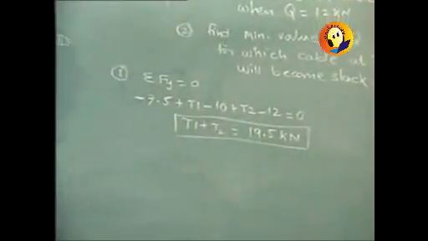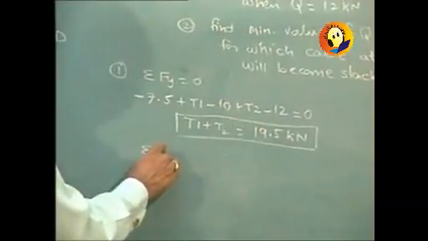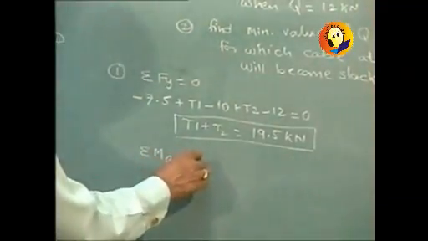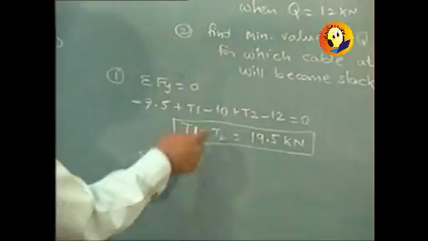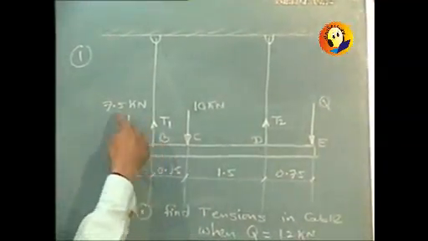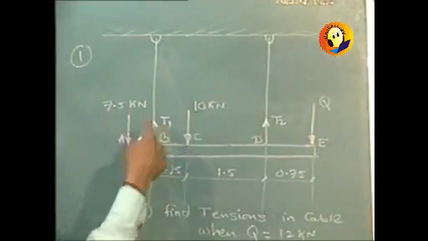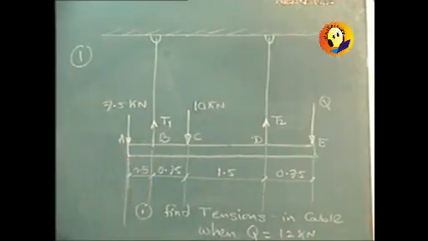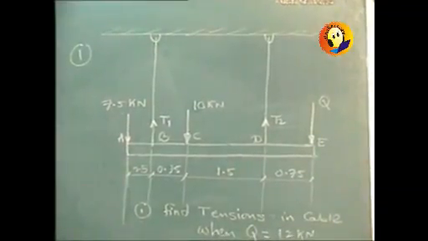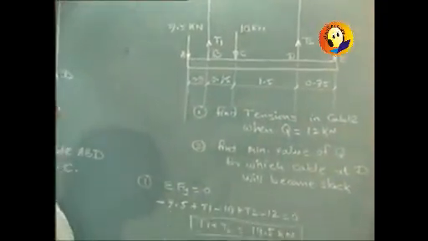The second equation will now be sigma moment at point B equal to 0. Observe the figure. Moment of 7.5 will be 7.5 into 0.5. It is going to be in this direction about B, so it is anti-clockwise, and we will have to take it as negative. Along with the sigma moment equation, show the direction which we are considering as positive. So it will be minus 7.5 into 0.5.